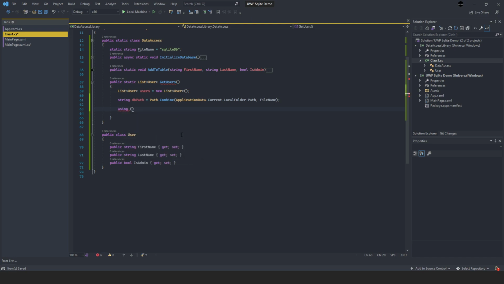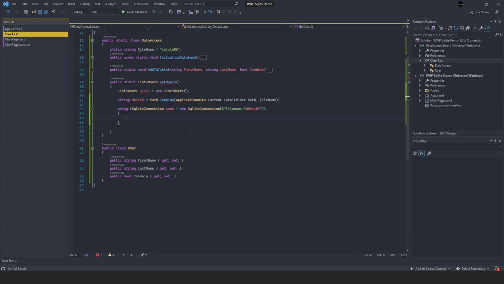Using SQLite connection con equals new connection. Make sure you put equals db path. con.open